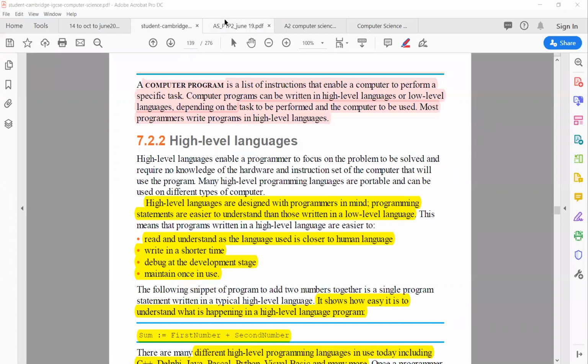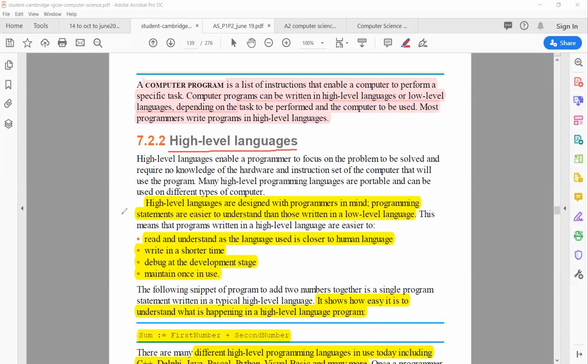These programs perform different tasks, and you can see different programs running in your computer, like Microsoft Word, a calculator, different apps in your mobile, in your cell phone. So these are all programs, these are all software, they perform certain tasks. These programs are developed using a high level language most of the time, but a few programs are also developed in low level languages. So first, let's discuss the high level language.